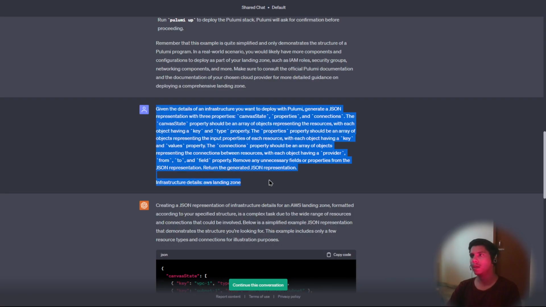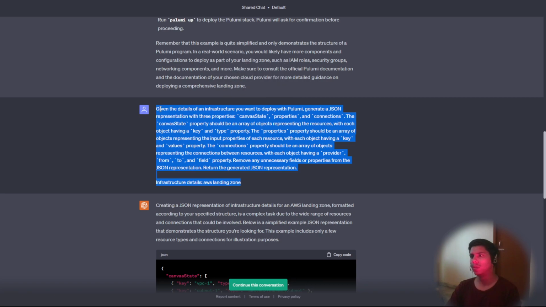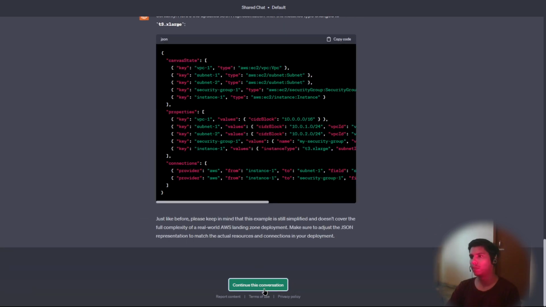So let's say if I go ahead and ask, so this is one of the prompts that we have designed after a lot of research to create a simple JSON structure, and I'm basically giving it an infrastructure detail. So let's say AWS landing zone. If I go ahead and ask it